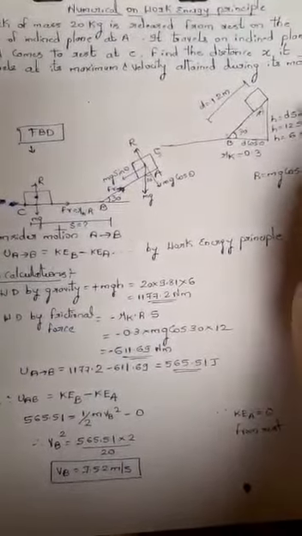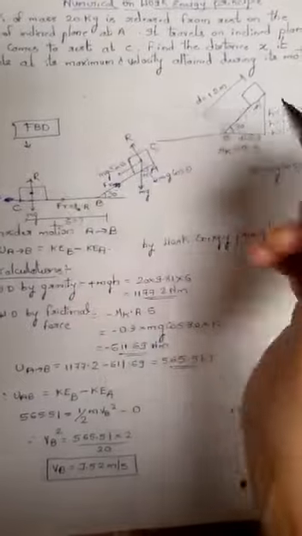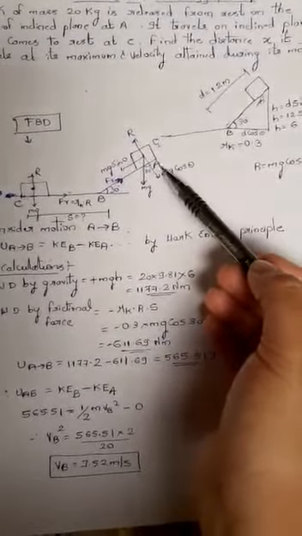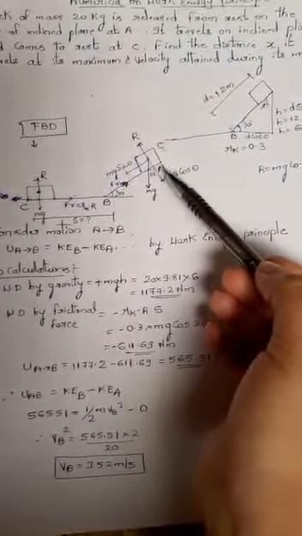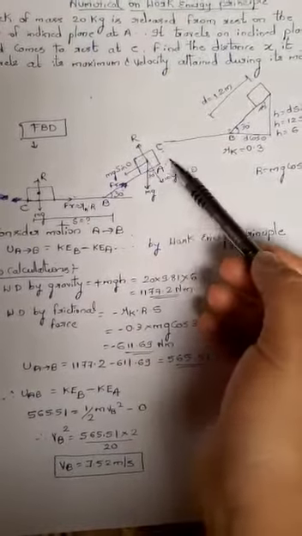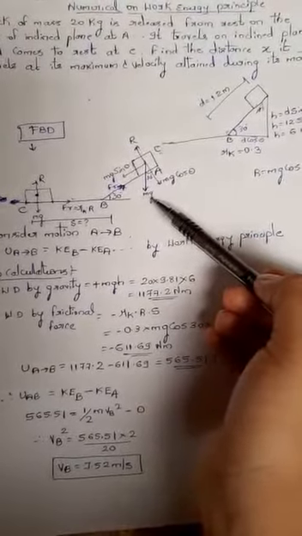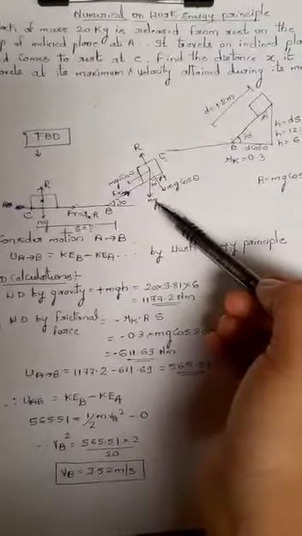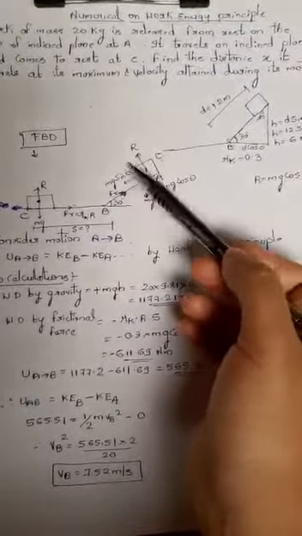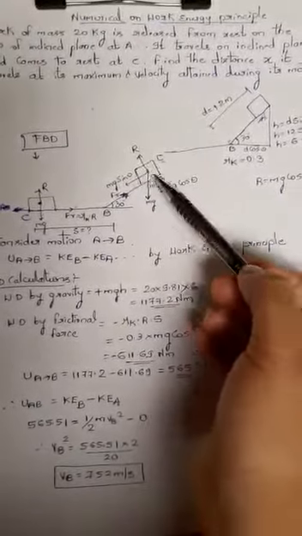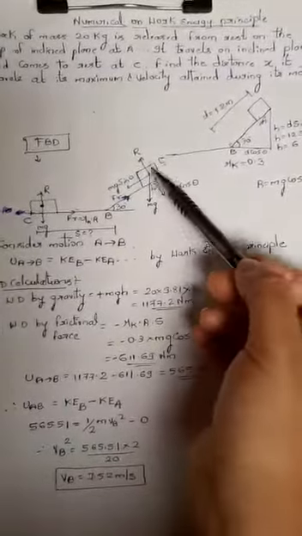So the first step while solving this numerical is I will draw a free body diagram. Now in this free body diagram, let us consider the block is at position A, it is yet to be released. At A, the weight of the block is given, W is equal to 20 kg, and W is equal to mg. So I will resolve this mg along the two directions, perpendicular and parallel. Now I will consider this direction perpendicular.